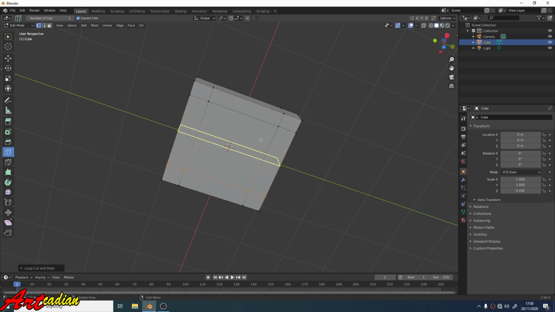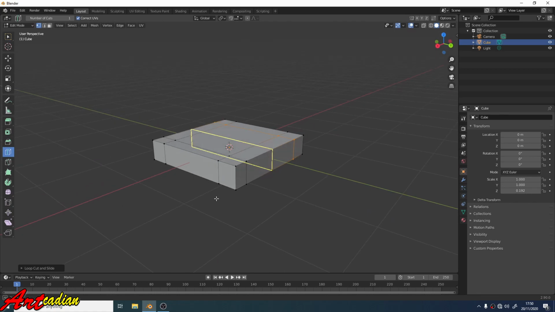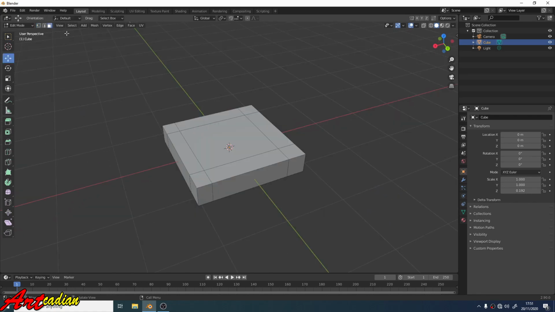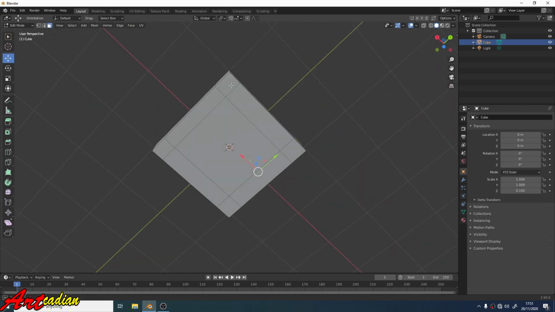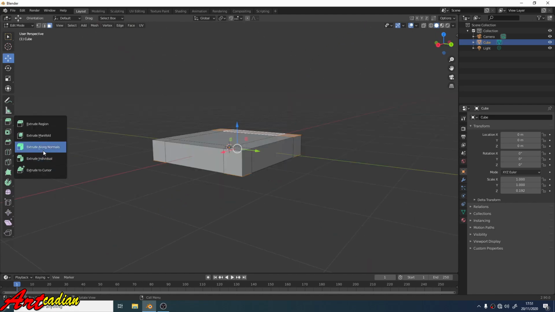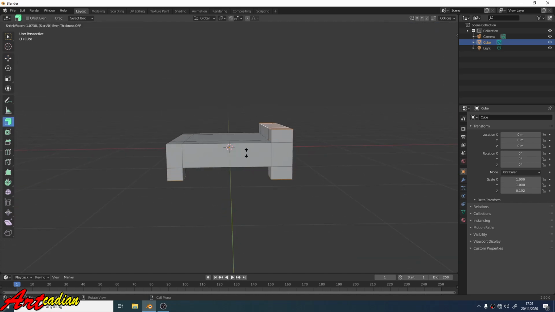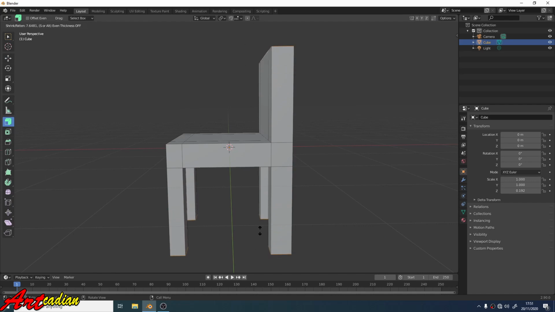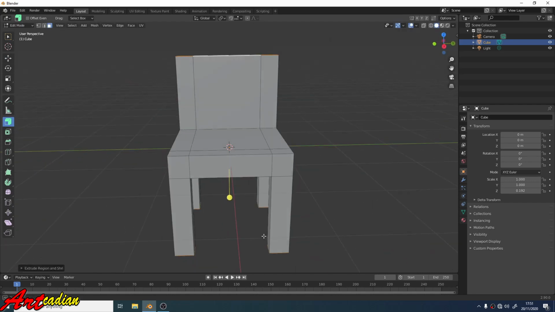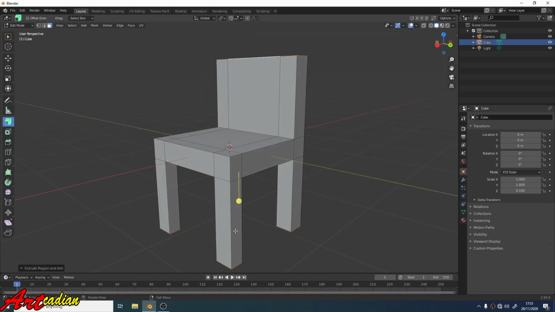Then we select some faces by holding down the Shift button. Then click Extrude Along Normal and drag it. Very easy. And simpler than the first way.